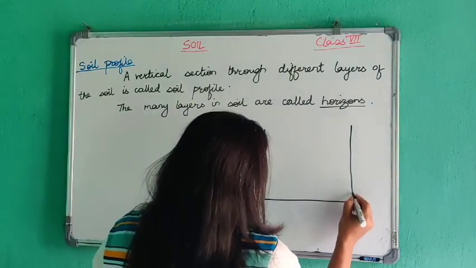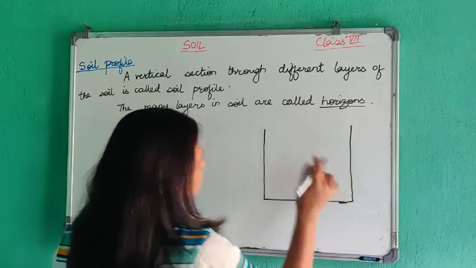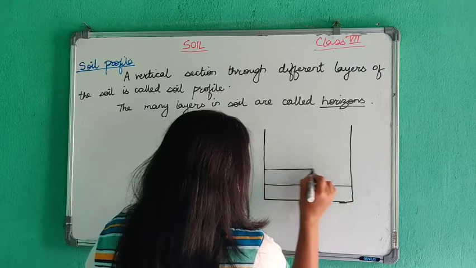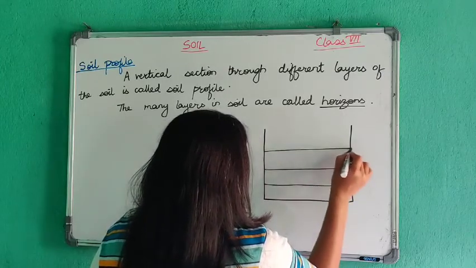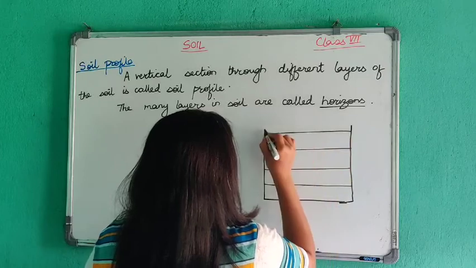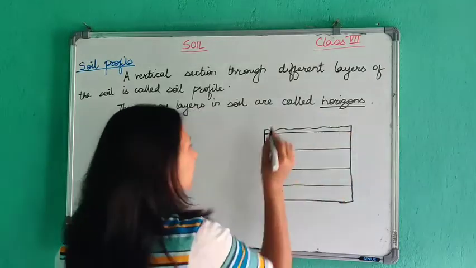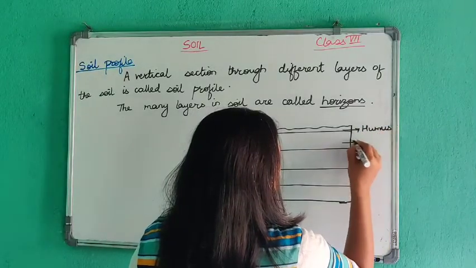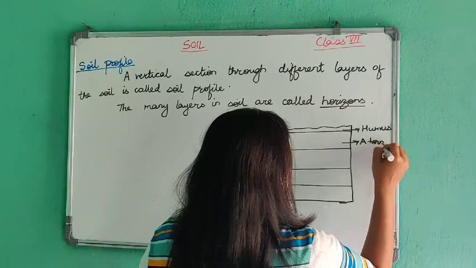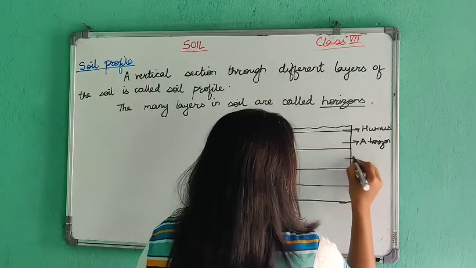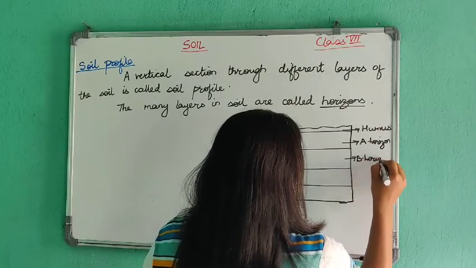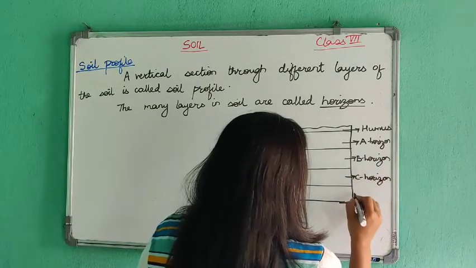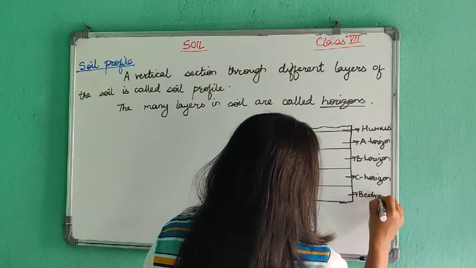Okay, suppose यो चाहिँ खाडल हो भने तपाईले यहाँ vertical section मा हेर्नु भयो भने soil is composed of 4 different layers. Okay, so this is humus. This is the first layer, that is A horizon. Okay, A horizon. यो चाहिँ भयो B horizon, this is C horizon, and this is bedrock. Last layer is known as bedrock.